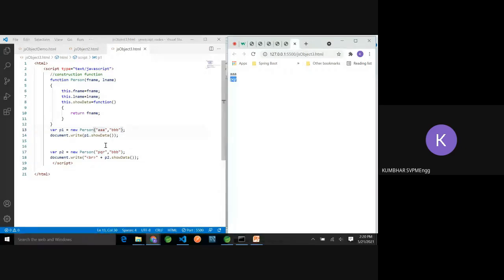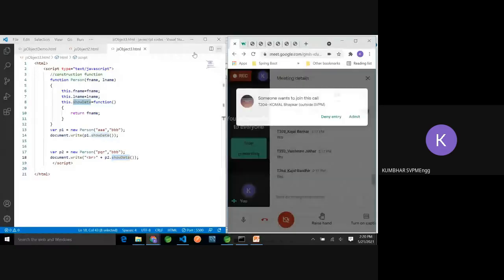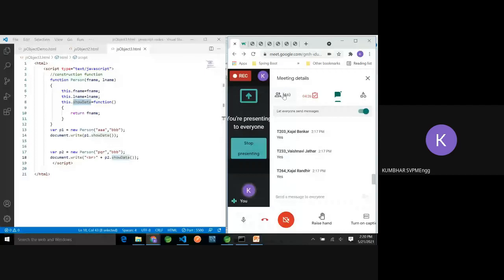Give me a reply if you understand this. I hope that due to the C++ concepts being clear, this is easy for you to understand. Still, if you have any query you can share it here. You can ask any query if you have.